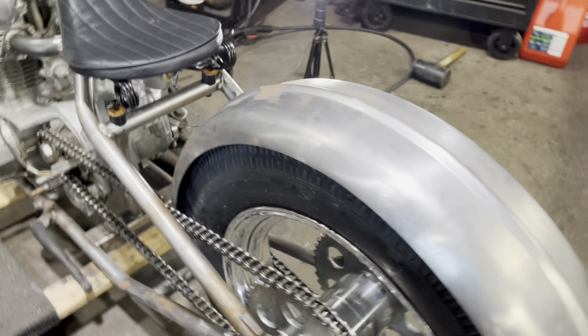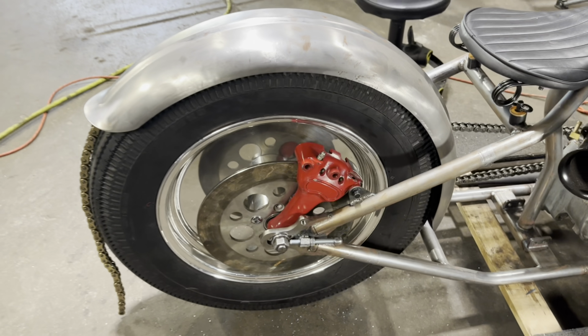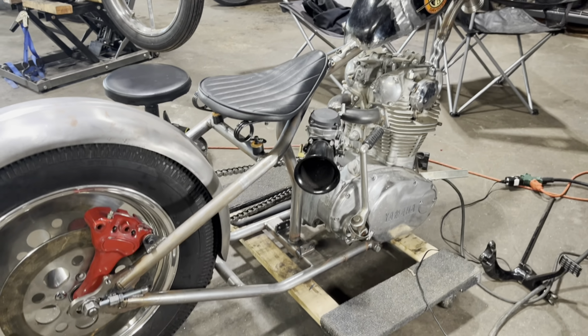I do plan on mounting a battery box right there, right under the seat basically. That's the rib fender. This is right before I start to install the sissy bar. So,